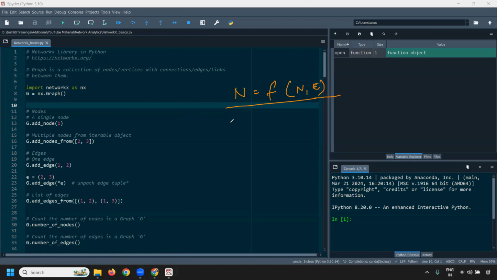But in order to derive the true analysis and true insights from the network, we need to study the properties of these elements. Every network has two elements, right? Nodes and edges. So we will have to define the properties. We'll have to study these individual components and define the properties of them. We will be studying more about this in the upcoming videos, but in order to talk about the properties,